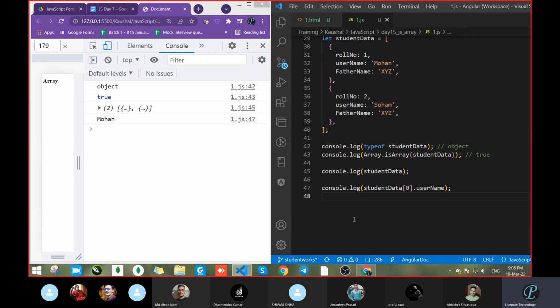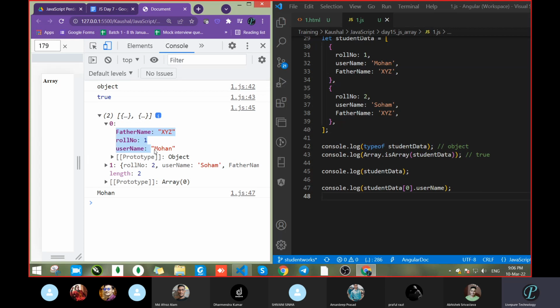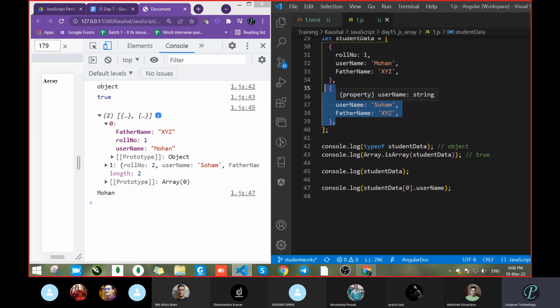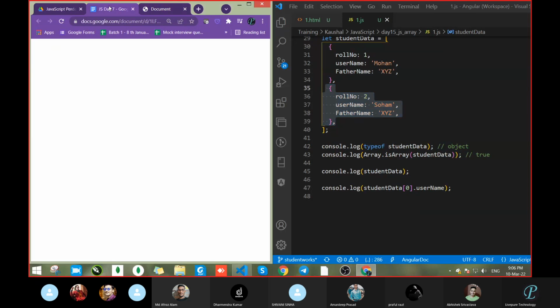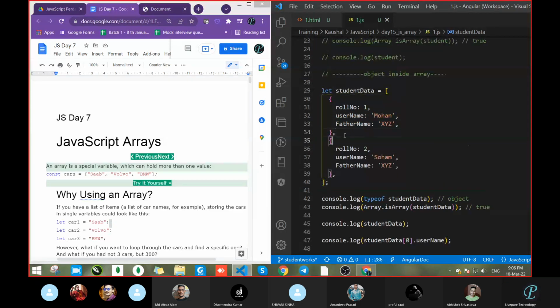So is everyone clear on how to get data from the object? I'm not talking about the array, not this one, the previous one. This is just one object of data. This is your one object. So how to get this object data? Who has an issue? Anyone having an issue with how to get the data of this object? No issue? Fine.